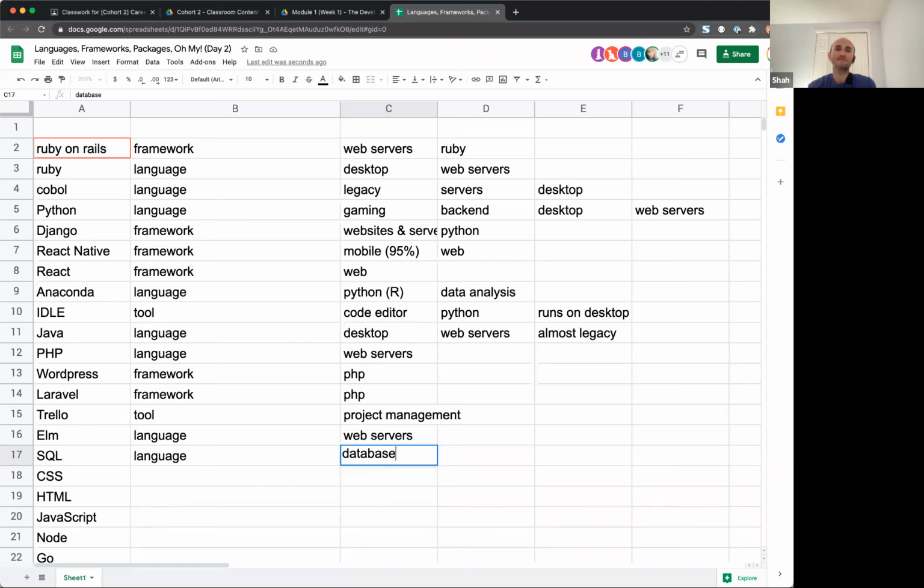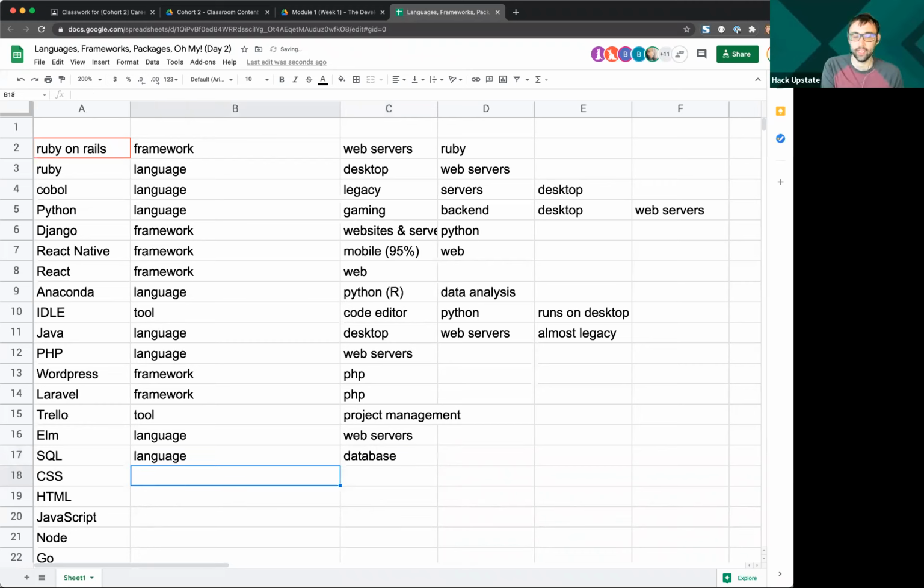Yep, databases. And SQL is very much like PHP, in that you would never see SQL anywhere else other than a database. There are multiple databases that use SQL, and the whole reason SQL came to be was that there were all of these companies coming up with databases, but none of them were using the same query language.